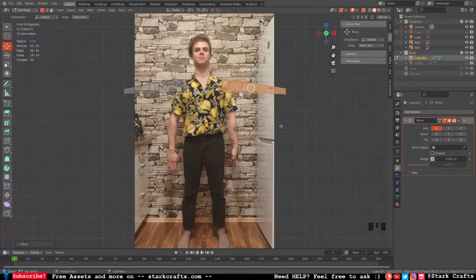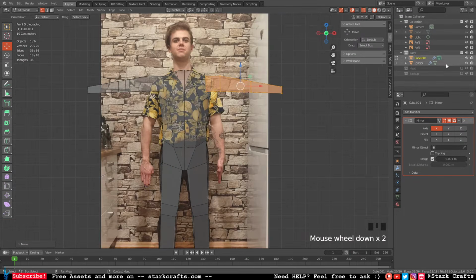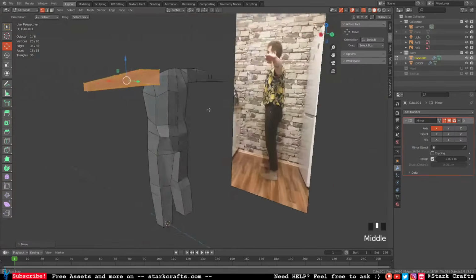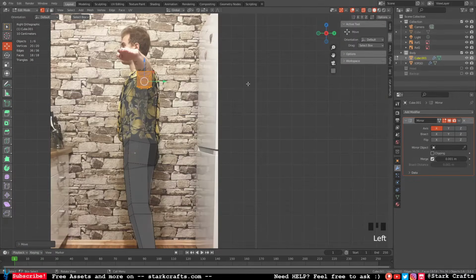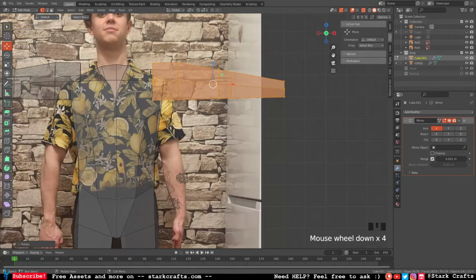So let's give him already a T-pose. Let's check in with the torso if that makes sense. Yeah, it does. Hide the torso again. Something like this. Yeah, makes sense. Okay. Now let's hit R and hold Control. I rotated it by 35 degrees. Now we can create a more organic looking arm,